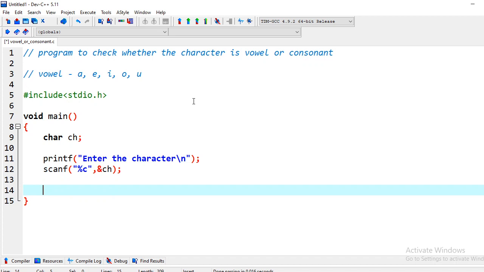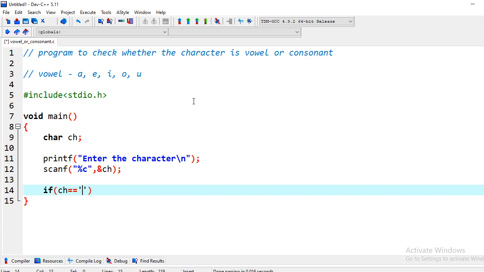So let us see how we can write the logic. So we have to check whether the character is vowel or consonant. So we will check like this. So we will check for vowels. In if part we will check for vowels, and in else part we will tell that it is consonant, right? If character is not vowel, then it is consonant. We have only two options, any third thing is not there, right? So we will write like this.